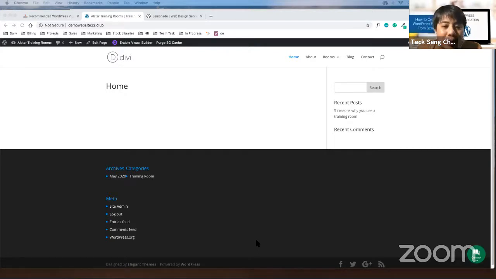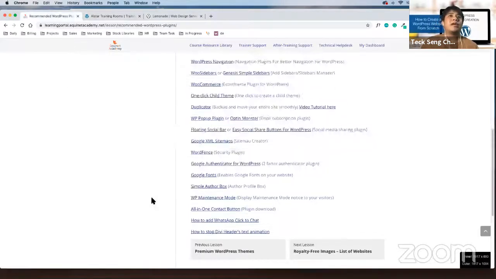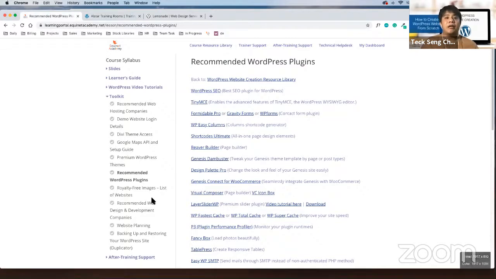Now I know that it's a lot of steps, and you might be thinking, so many steps, how do I even remember? So as part of the course, we have done a checklist whereby you can use the checklist to implement everything.